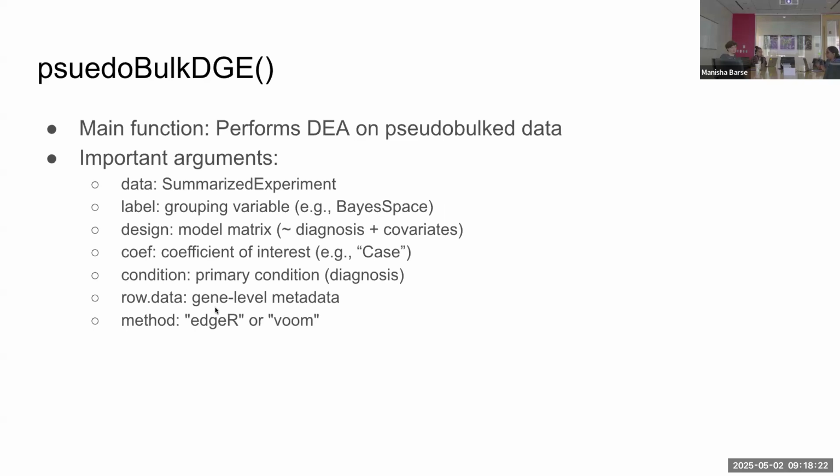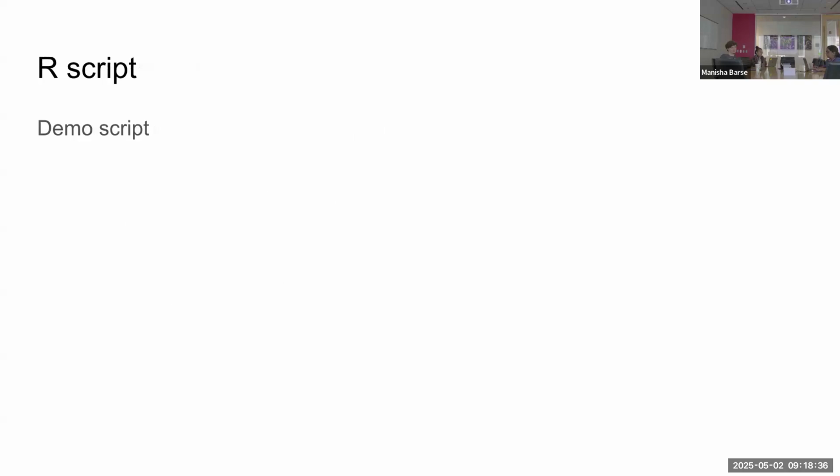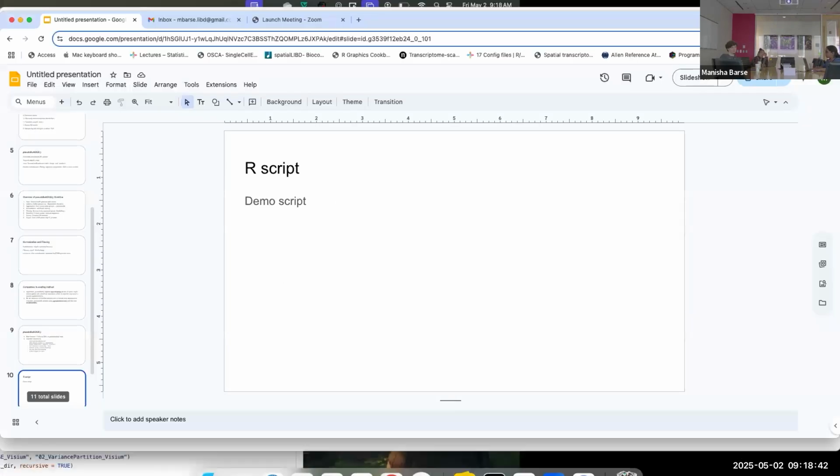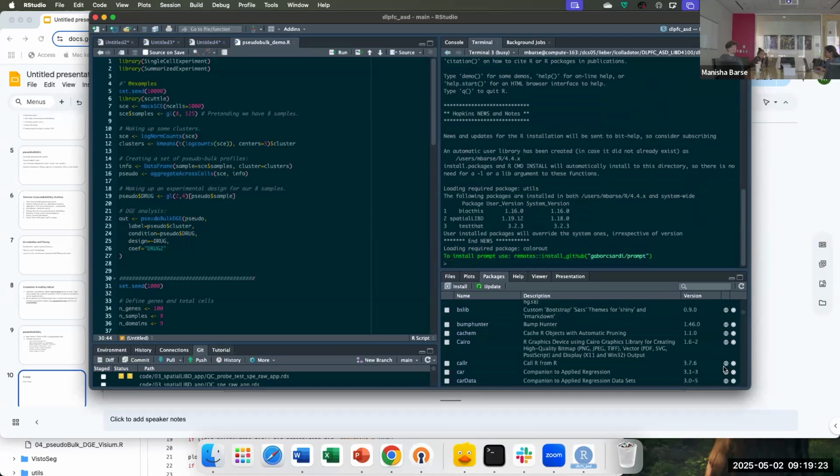And then the raw data is the gene level metadata. And then you can tell the function which method you want to use. It could be HR or it could be something else. So based on this, I just have a small demo script to show. Okay, so